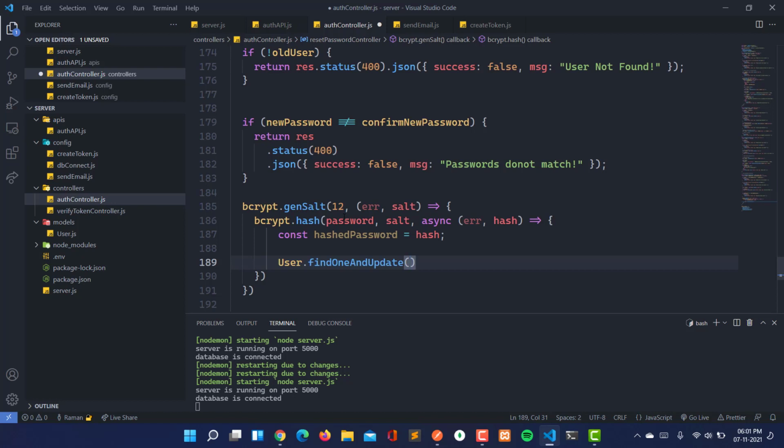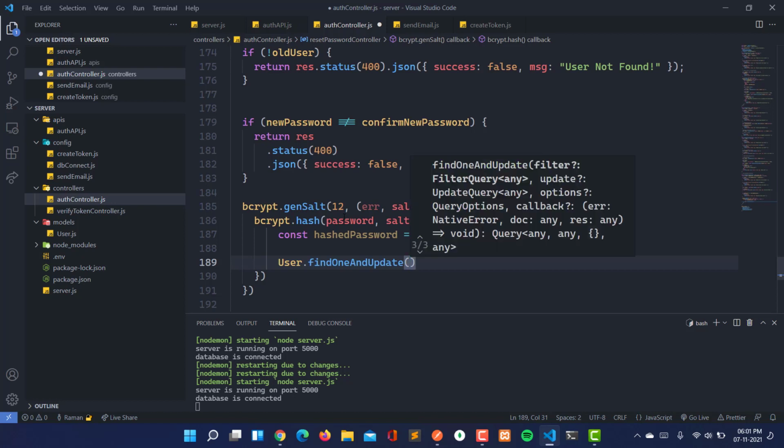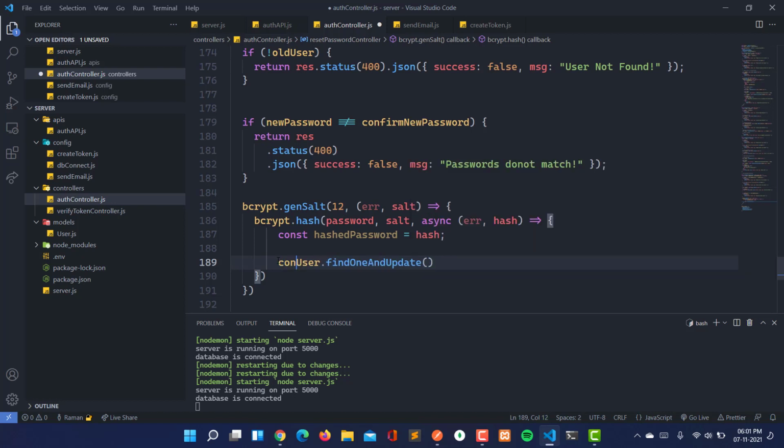So user dot findOneAndUpdate, and here I'm going to write const updatedData, then await, and here will be findOneAndUpdate. First of all we are going to find with email, so email is the same, and then we are going to use $set. What we have to set: